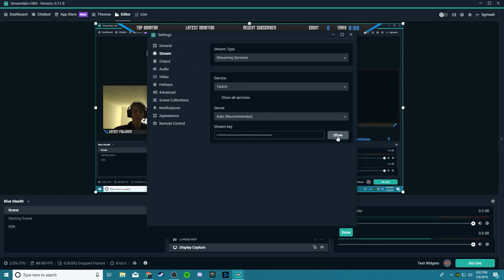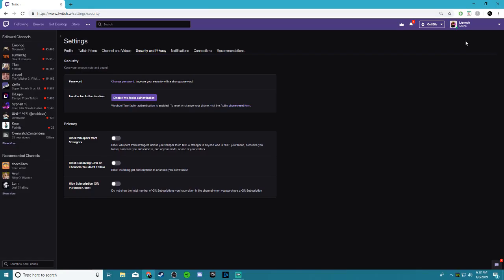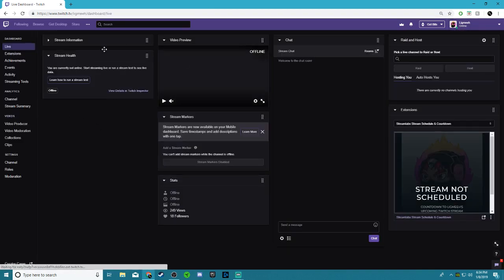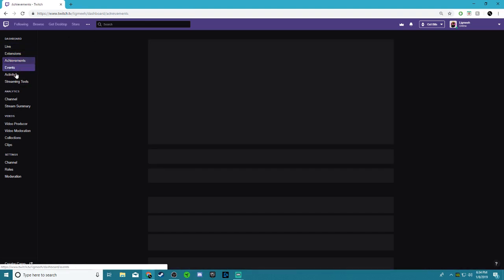I am not going to show that stream key because if anybody has your stream key, anybody in the world can access your stream and manage it. So I'm not going to show mine, but if you want to find it, press your Twitch account, go to dashboard. Here it shows you all of your widgets and everything that you have for your stream. You're going to want to go